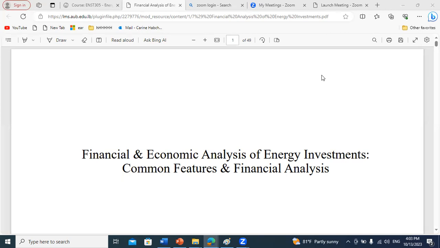Whenever we suggest using a certain system, we should also justify it on the economical level, because it's not enough to reduce energy consumption. We should also reduce the cost whenever we select a certain option. So the financial or economical analysis will help us decide which alternative to select between several ones that